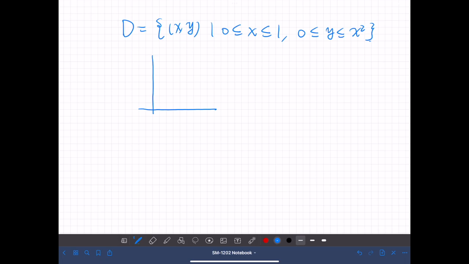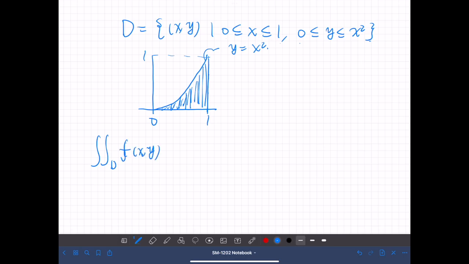We have 1, 0, and 1. This curve is y equals x squared. So x is between 0 and 1 and y is between 0 and this curve. So the region is this blue part. Now, if we want to integrate any function f of x, y on this region,